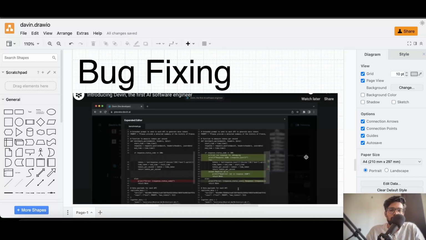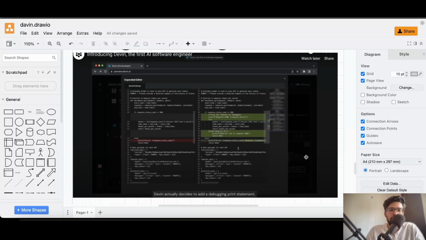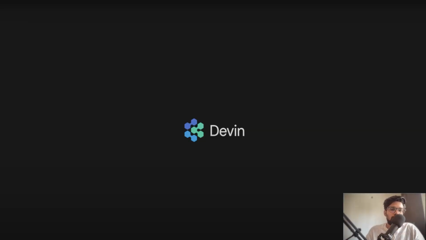Let's talk about bug fixing. Here Devin can resolve code related bugs. But what if we have a regression which might occur due to continuous modification of the requirement? Also there might be flow related bugs. So in order to rectify that, again we require a software developer. So this is the quick analysis of Devin.